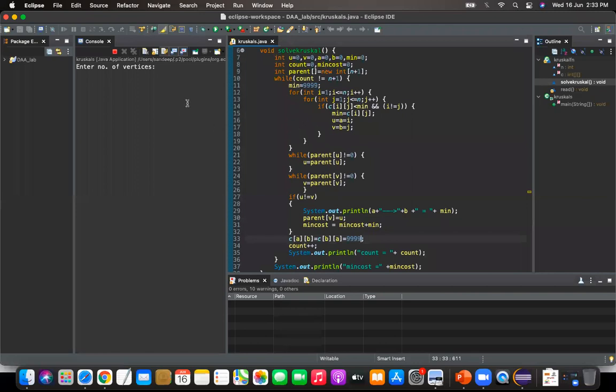Already the program is here. I'll just run the program. How many vertices are there? 5 vertices are there. Number of vertices, 5. I'm entering the adjacency matrix for that given graph.